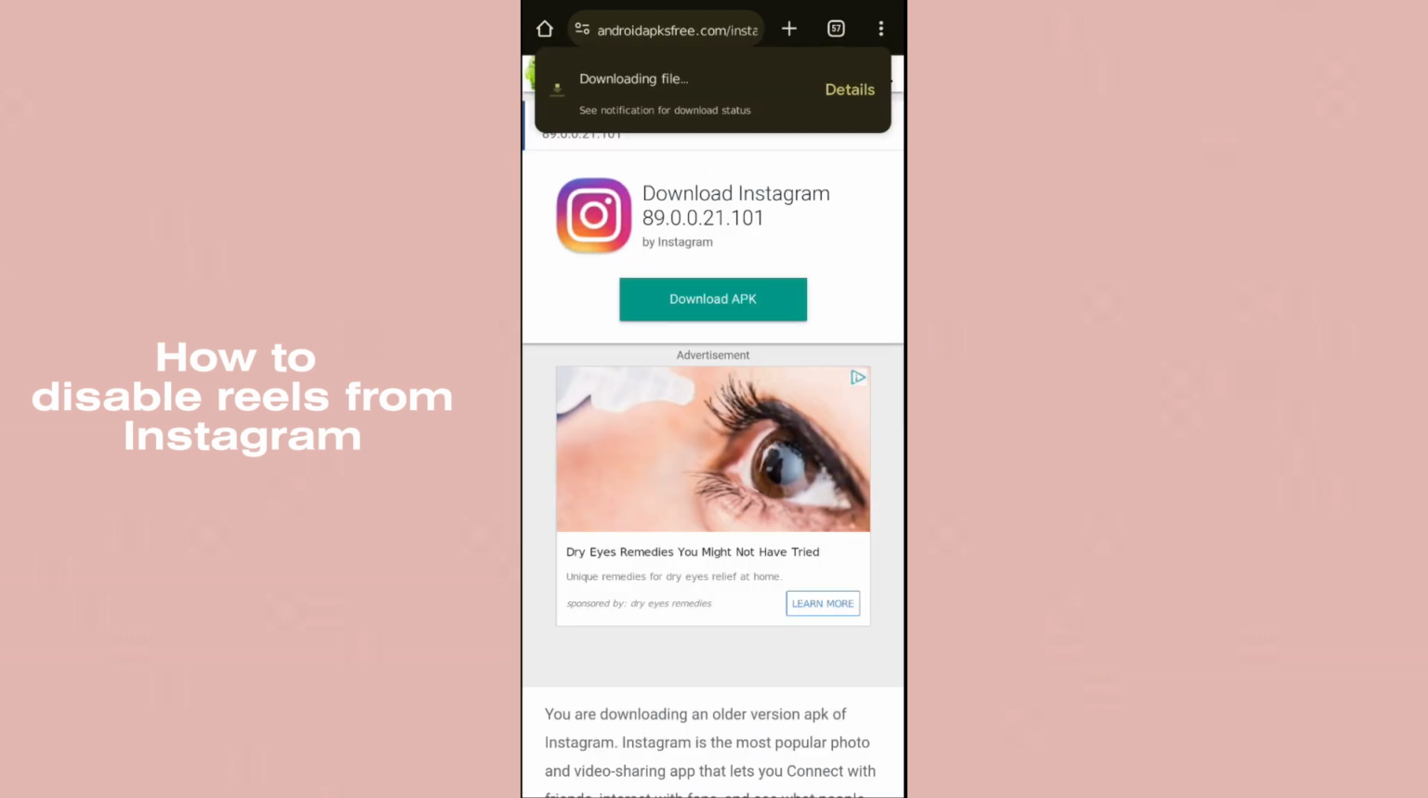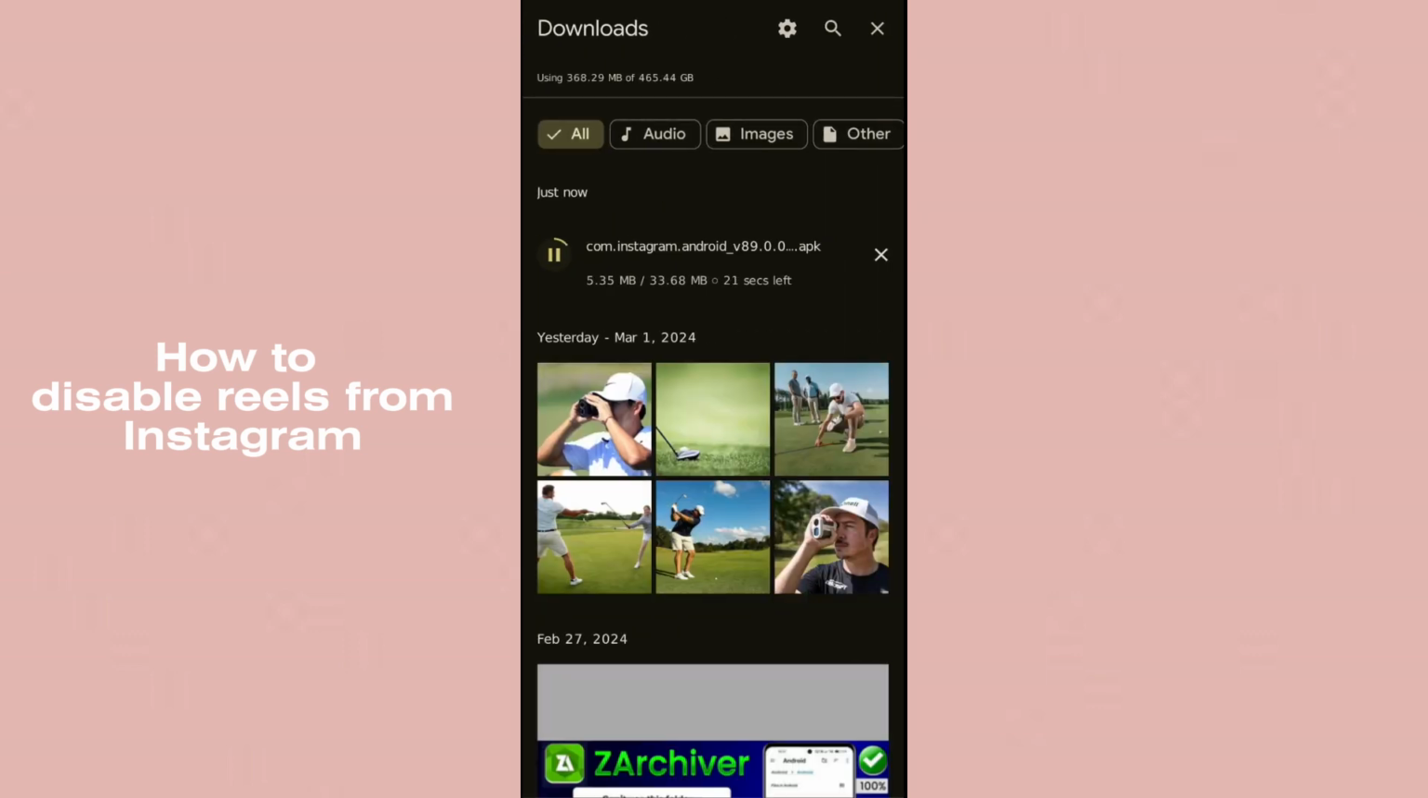and click on download anyway. And here you can see our older version of Instagram is downloading. After completely downloading this application, you simply open it and install it. After installing this, you can easily use the older version of Instagram, and you can disable reels